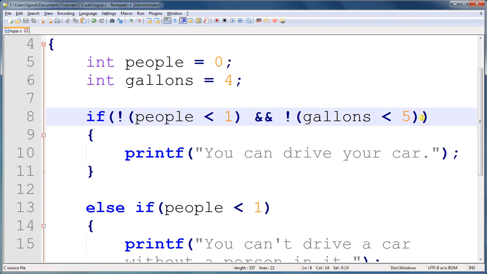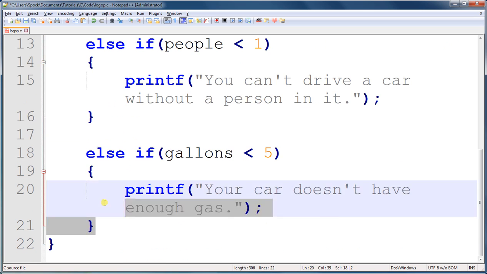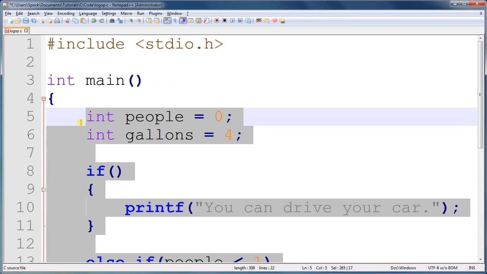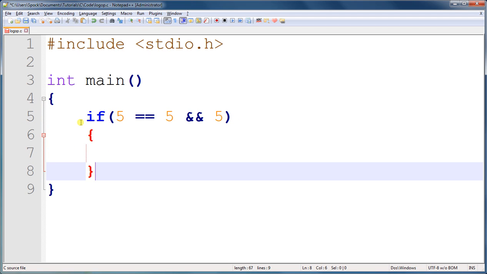Alright, so the last thing you need to know about is operator precedence. Just like with the mathematical operators, how multiplication gets performed before addition, the comparison operators get performed before the logical operators. So if you have an expression, if 5 is equal to 5 and 5, and then you have code to run,